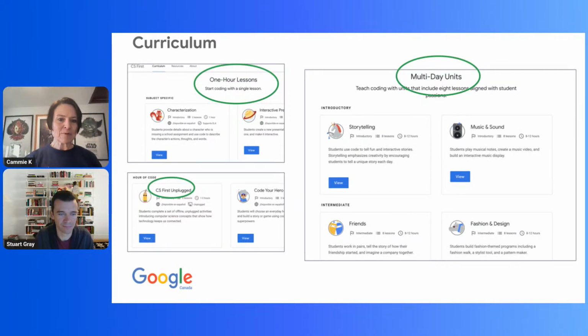And I'm actually going to jump over to make sure we're in the right spot here. I'm going to jump over to the live web to take a look at some of these things here. Okay, so